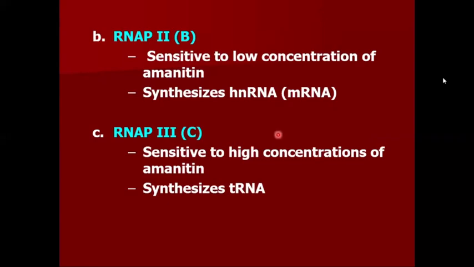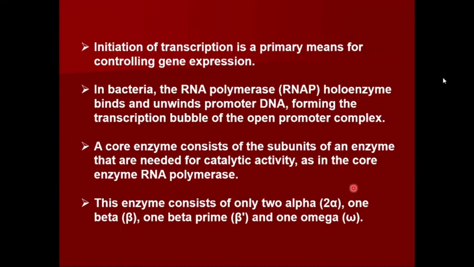RNAP3 is not inhibited by amanitin. It synthesizes the transfer RNA. Okay? So initiation of transcription is a primary means for controlling gene expression. In the bacteria, the RNA polymerase holoenzyme binds and unwinds promoter DNA, forming the transcription bubble of the open promoter